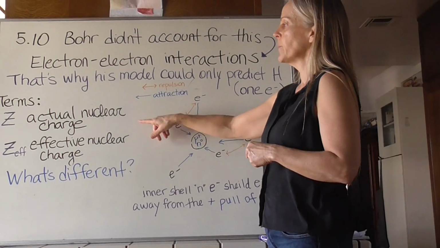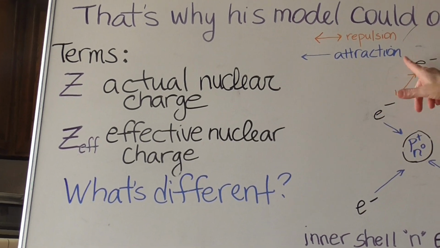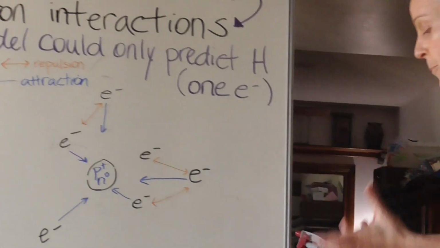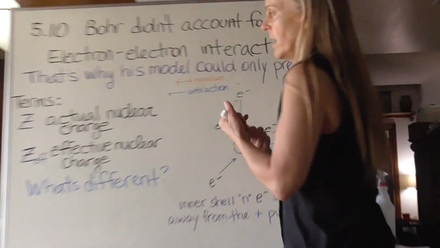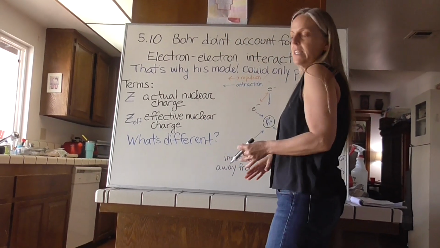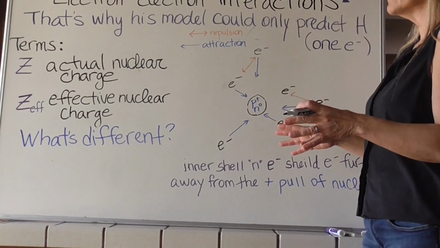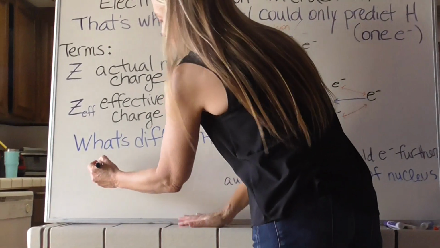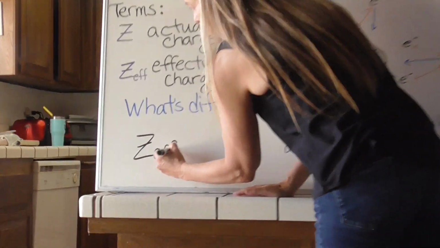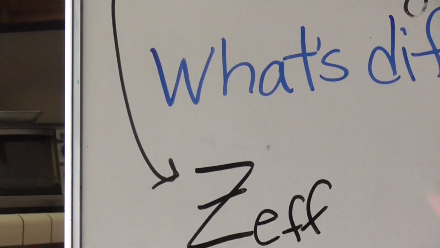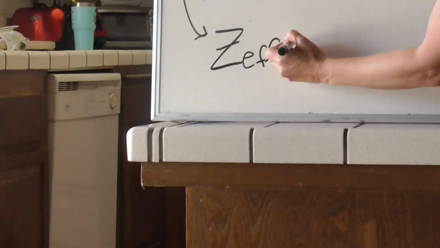So what's different between Z and Z effective? Z effective is what the electrons actually feel as the pull of the nucleus. So there's an equation. We're not going to plug in any numbers into these. They give rough estimates based on the number of protons and electrons and what shell they're in. But all I want you to know is that effective nuclear charge, which is what the electrons are subjected to based on their location, is